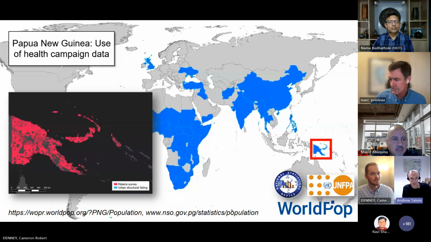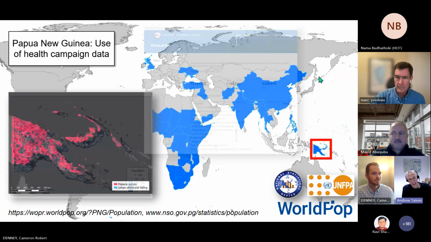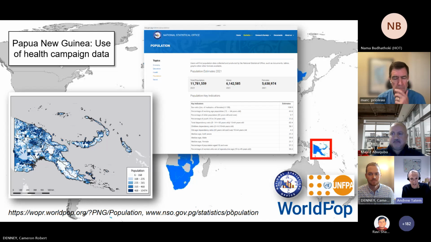So the potential is there to make use of data. In this case, Papua New Guinea, last census was 2010. But health campaign data from bed net distributions was collected and geolocated, and this is valuable training data for then using that to produce population estimates again. You see on the next slide, these are now the numbers that you'll find on the Statistics Office website, as well as openly available at those links. So on the next slide,